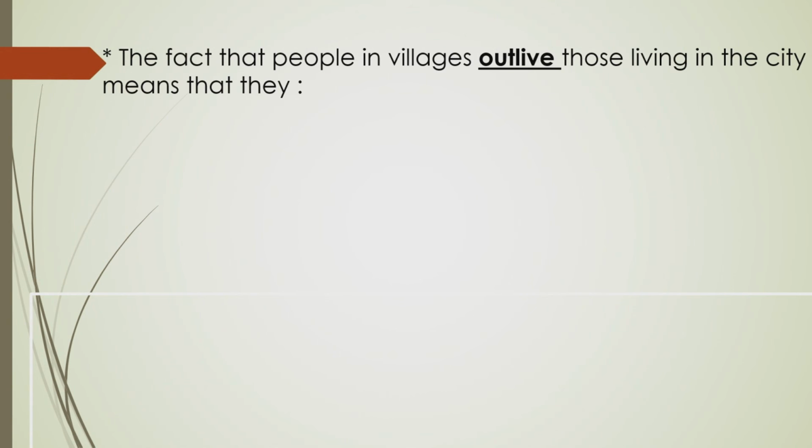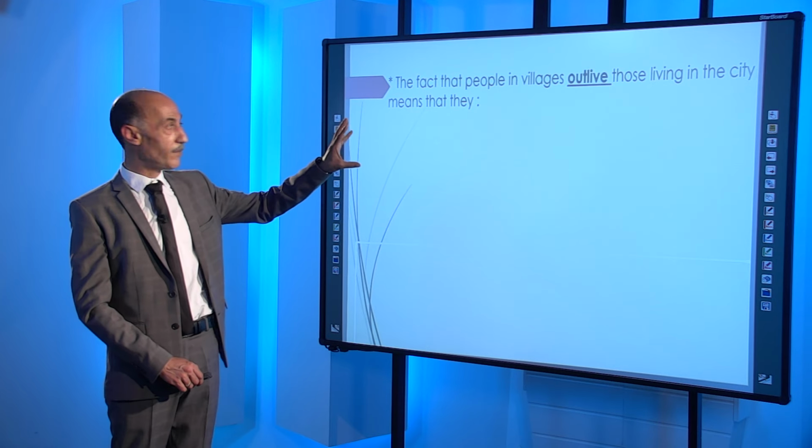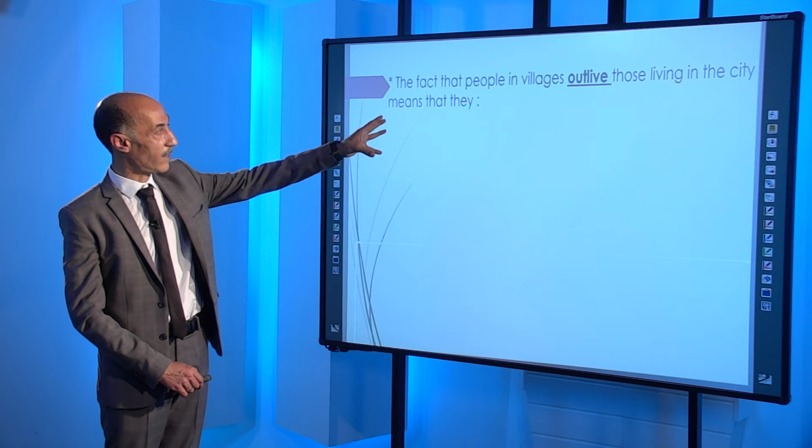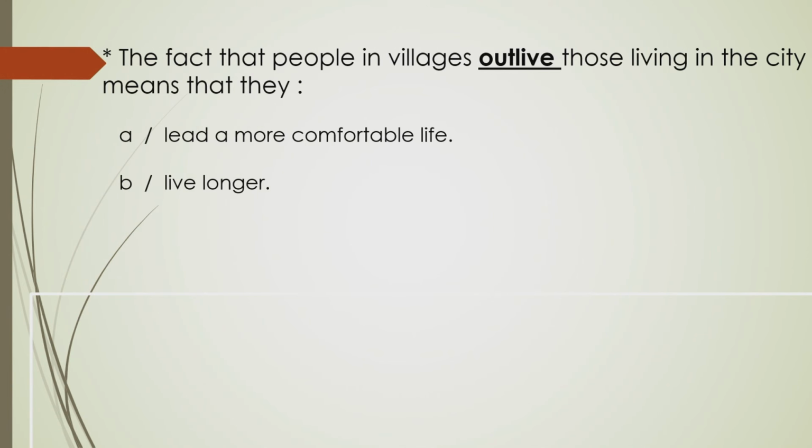Right, now, moving on. We have this verb, which is to outlive. It's the verb in focus in this sentence. And if we just focus on the verb itself, we find that we have this verb to live. So the composition of it can be so helpful to understand its meaning.